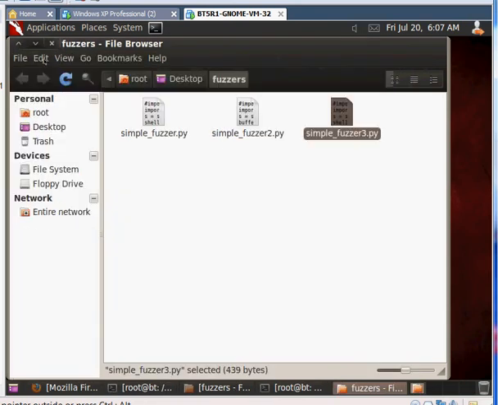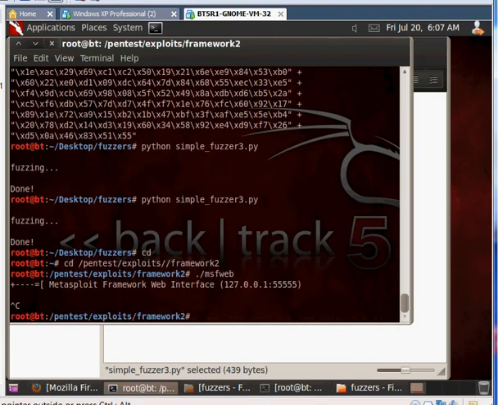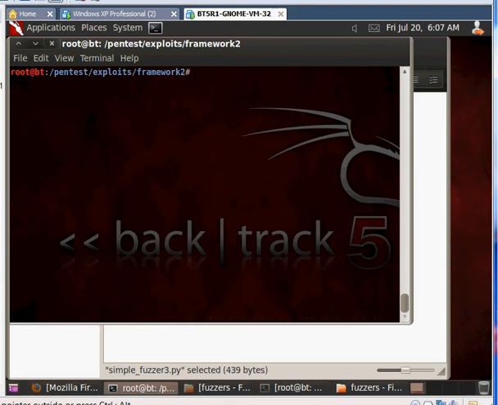Okay, so I'm going to lower it because I closed. Oh well. First of all, I need to get started. Let's see. Okay, so basically, I'll clear it up. Basically, we're going to go here, cd, pentest exploits, framework 2, and then